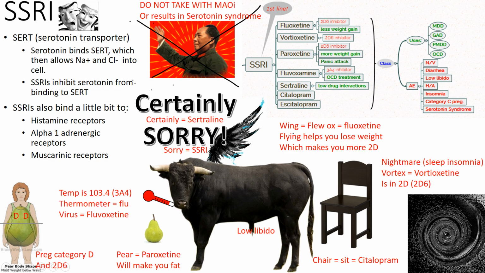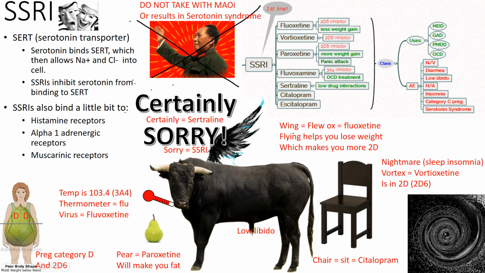What does this ox like to eat? It likes to eat the paroxetine, okay? But the problem with paroxetine is that these particular pears will make you fat. So think of the pear-shaped person who's getting fat, because remember, that's an adverse effect of paroxetine, it causes